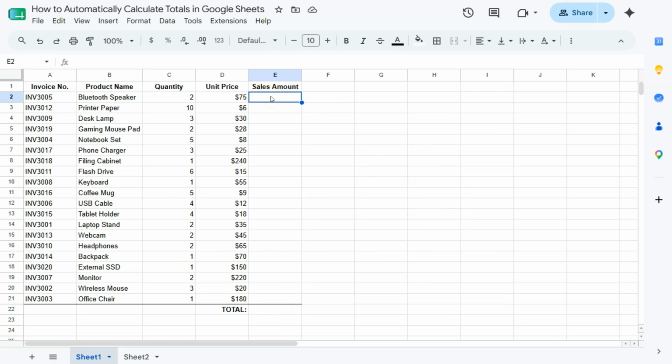So for this first example, to get the sales amount, we are going to multiply our quantity to our unit price. So we're going to start with our formula of equal sign, then select the cell, which is our quantity, multiplied by our unit price right here. Press enter, and there you have it. We now have the sales amount of $150 based on the quantity of 2 multiplied by the unit price of